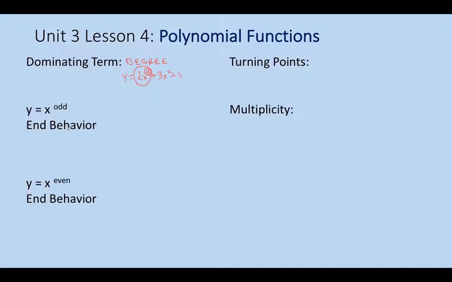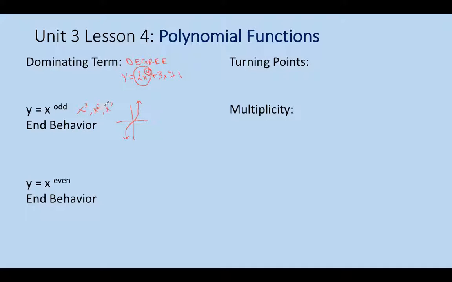So this is all to lead to this. If I have y equals x to the odd, and this is the dominating term, or the degree, if I have x to the odd, something like x to the 3rd, or x to the 5th, or x to the 7th, all of these are going to essentially be that snake type deal. And so x to the 3rd might look something like this. And all of the functions